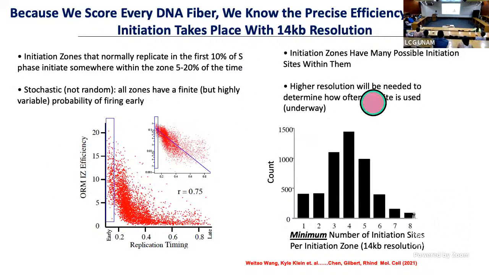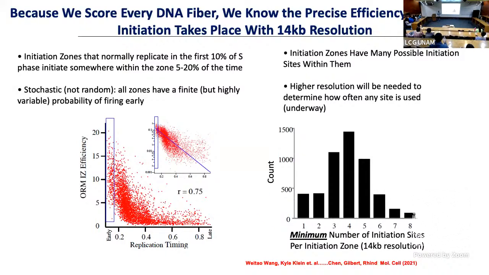You can also see over here, since our resolution is about 14 kb, we can predict from these approximately 40 kb tracks of labeling that we see, how many different initiations could possibly be in there based on our data, okay? So if there's an initiation site here, here, and here, and our resolution is only 14 kb, you can mathematically determine the minimal number that must be in there. And the median of that is 4. So there's at least 4 sites per 40 kb, and that number may increase as we get better and better resolution, okay?